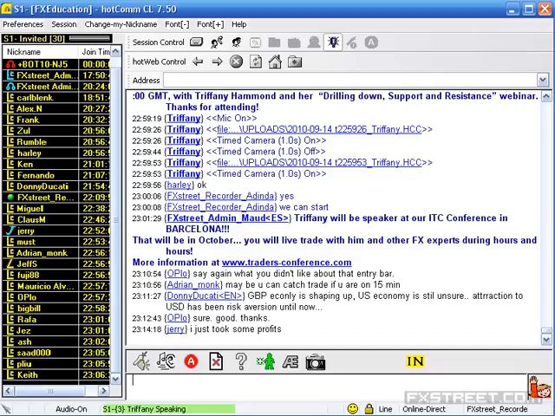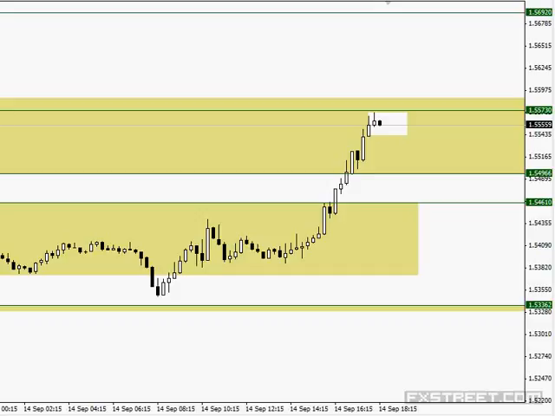Donnie says the pound economy is shaping up. U.S. economy is still unsure. Attraction to USD has been risk aversion until now. Yeah, and even in terms of risk aversion, it's losing its attraction. To be honest, the U.S. dollar is really kind of losing face abroad because it's just not as sure a thing as it once was,